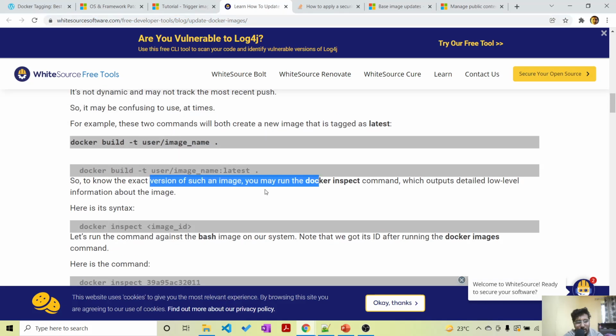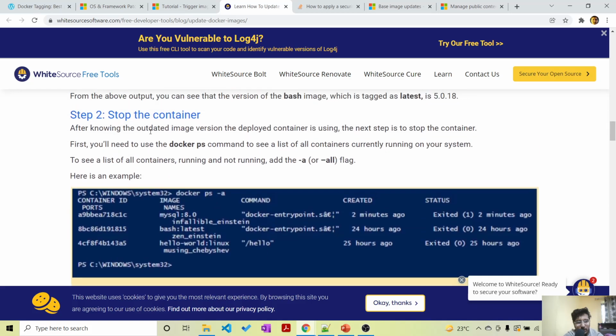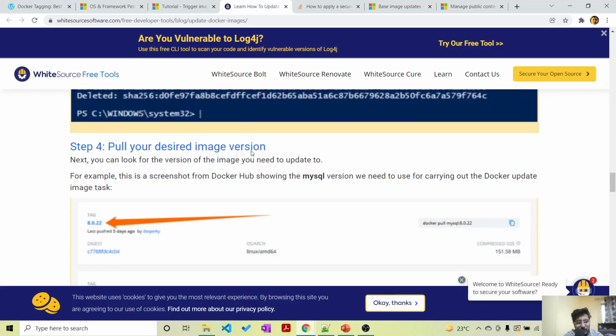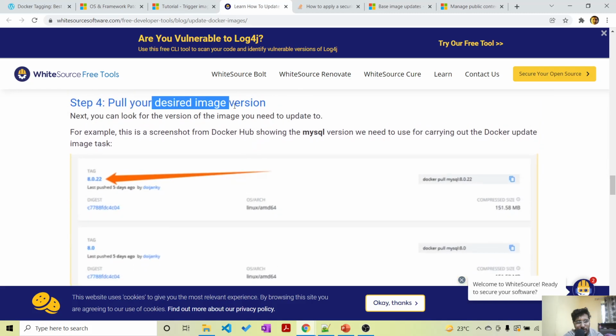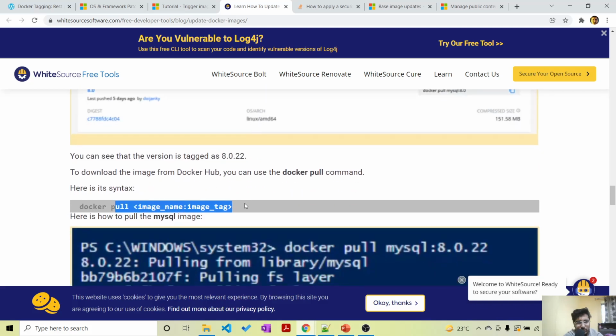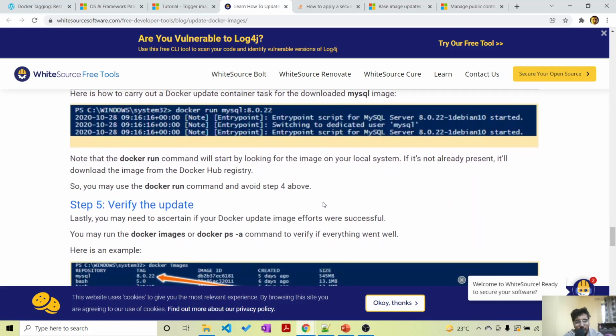You stop the container, whichever was running, you remove the running container, you pull the new image version 8.0.22, which is the latest version, and then you launch the updated image, you again run the container. So this is a completely manual process.